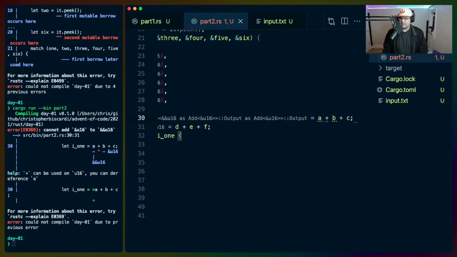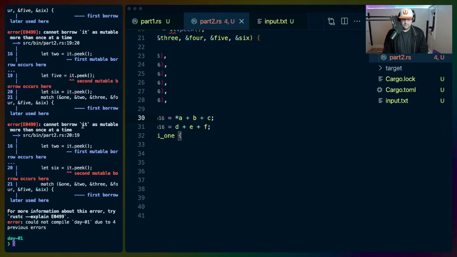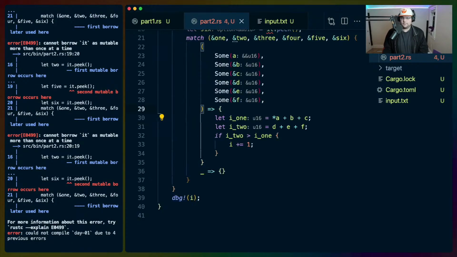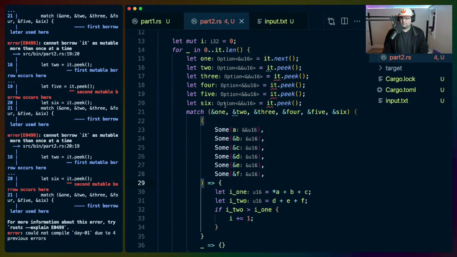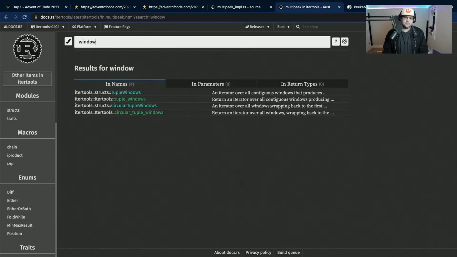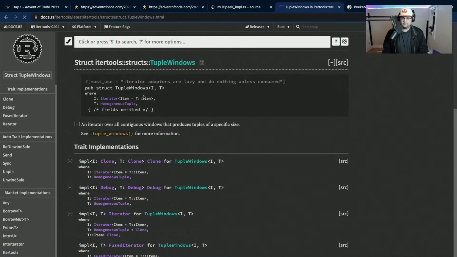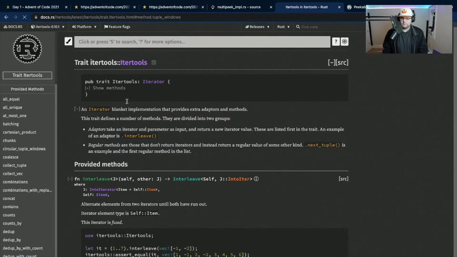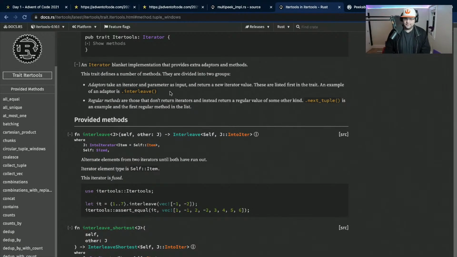Cannot add that to that. Yes, this is a problem we ran into already. Okay, well, we're back at the same problem. So that's not actually the problem. I just had a different problem. What is my question here? Because I thought I could just peek this. I am gonna figure that out, but there is also an easier way to do this.